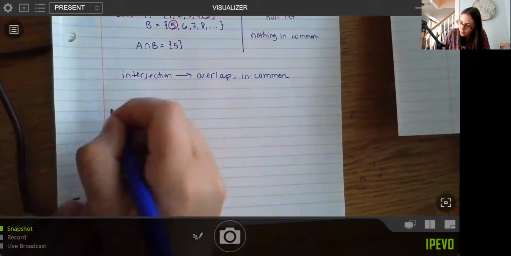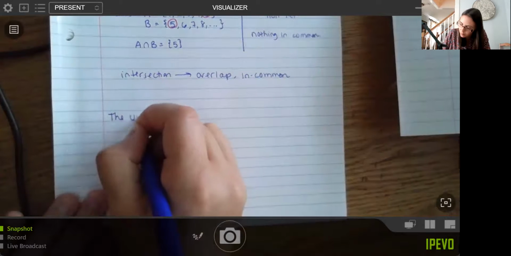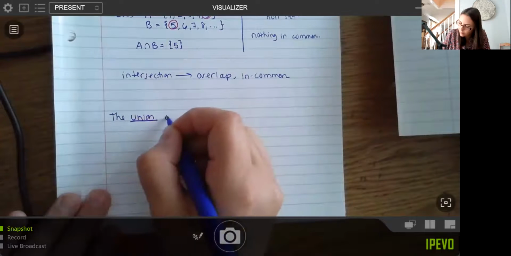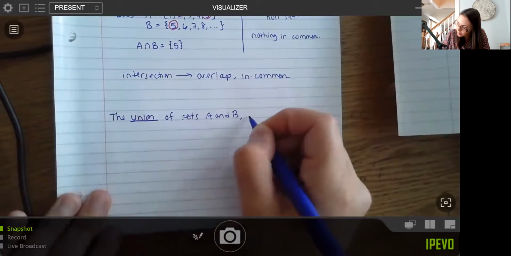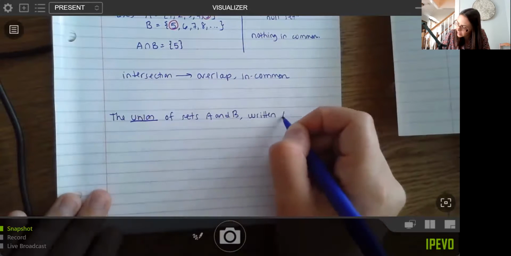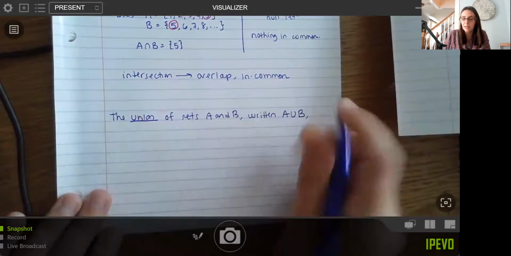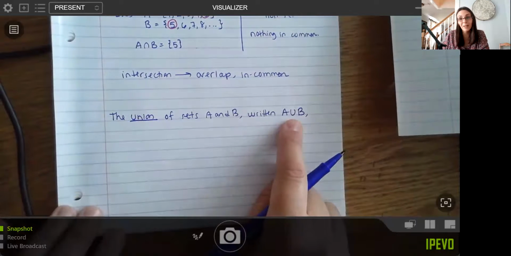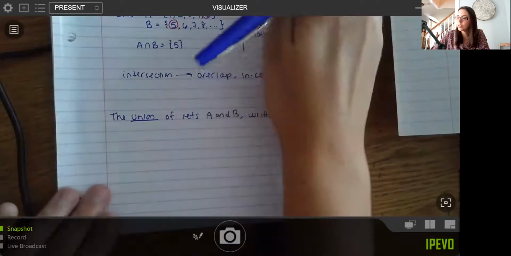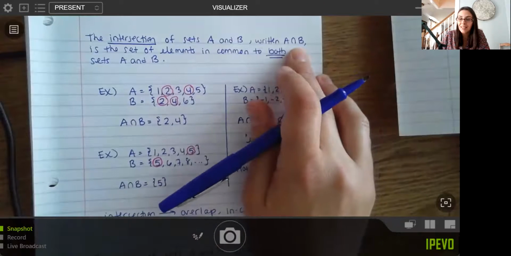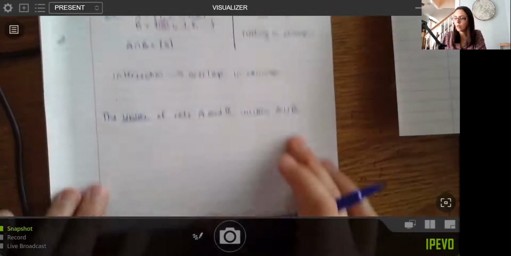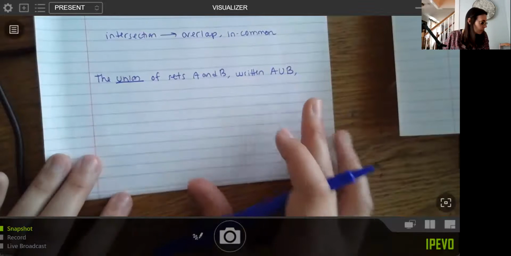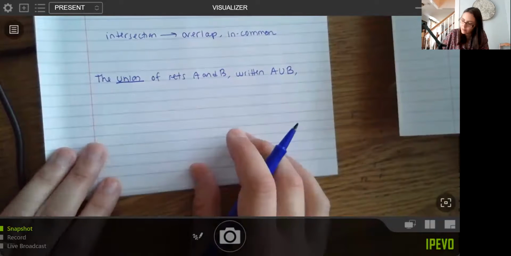So the union of sets A and B, written as A union B. Notice that's a very similar notation, but the U is facing the regular direction. The way I remember it is it looks like a U for union, whereas the other one almost looks like an N for intersection. So that's how I remember the two symbols. This one almost looks like an N, so I think of intersection, whereas this one looks like a U, and I think of union. So the union is the set of elements